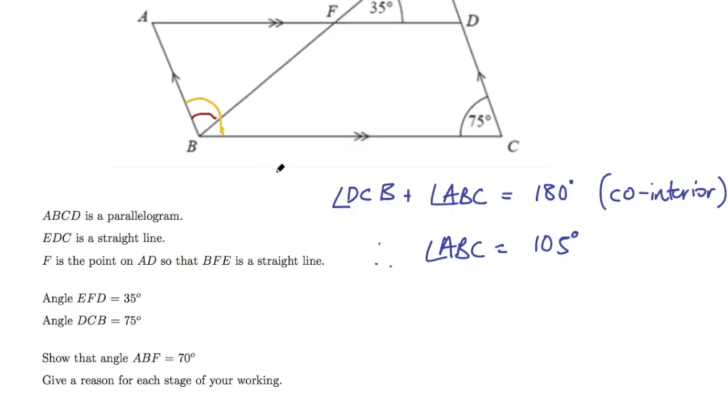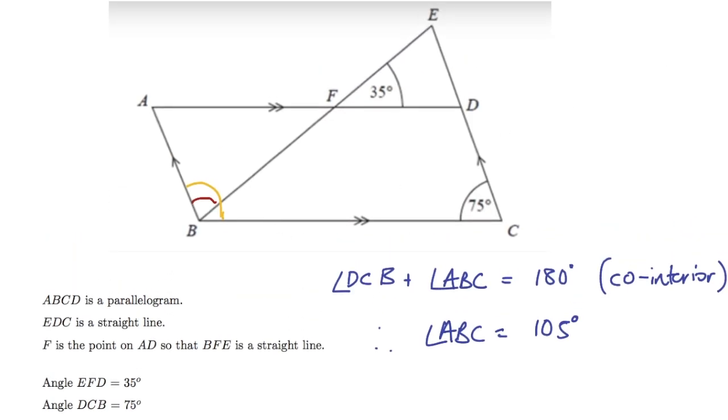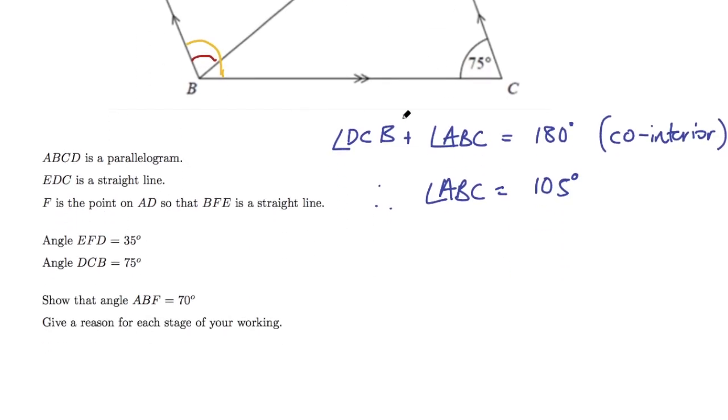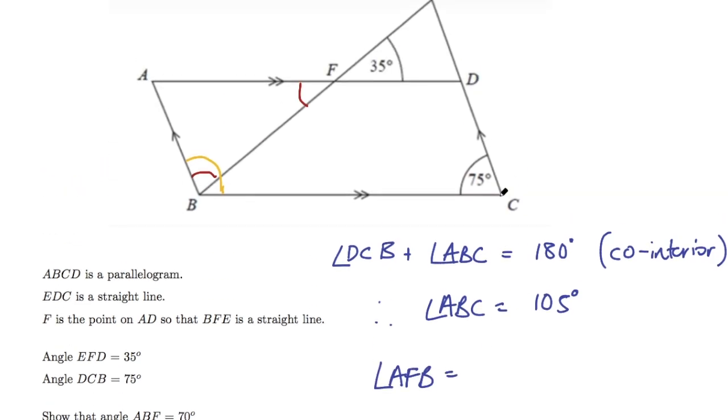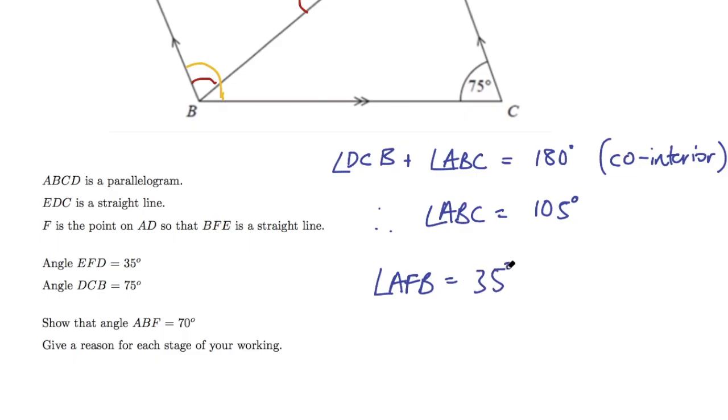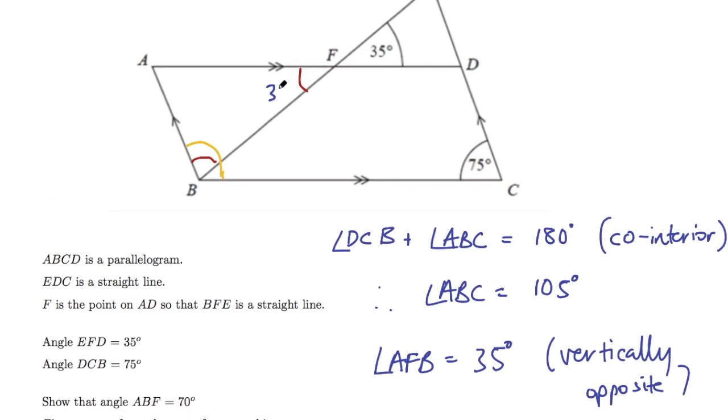And if that is 105 degrees, we can figure out what these two angles are. So the first step towards that I would do is to say that this angle is, so AFB, angle AFB equals 35, as it is vertically opposite. And as long as you get these terms correct in here, that's all you need to write in those brackets. So up here that's 35 degrees, and therefore angle